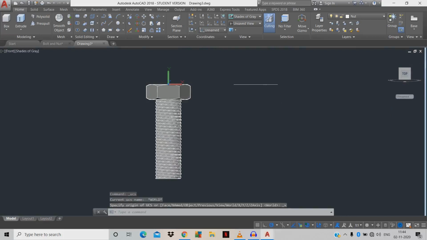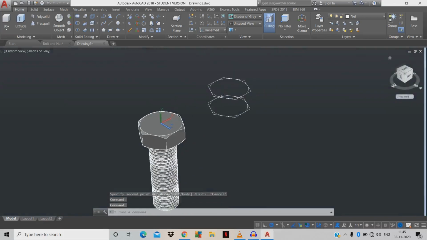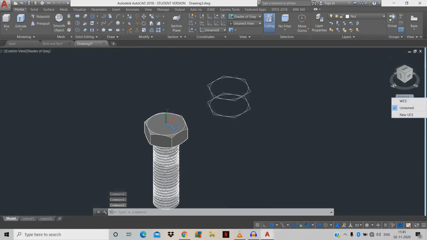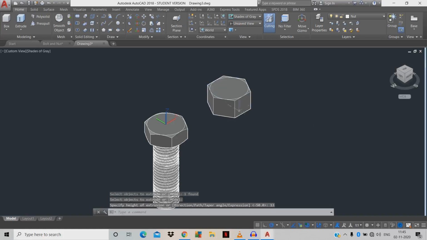We're going to copy to 13 mm. Home screen, just click the polygon over here, E for erase. We're going to do extrude to 13 mm.